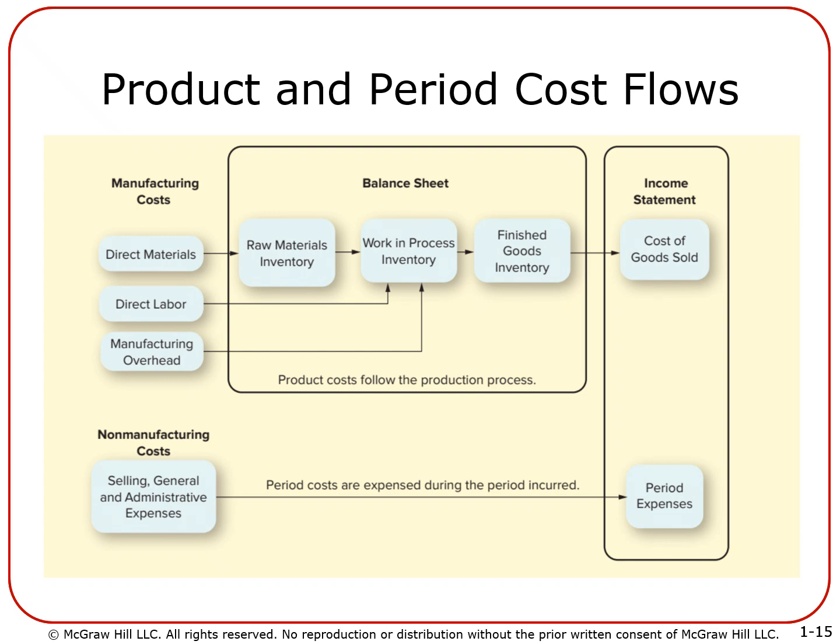So I hope it's clear to you what is a product cost and a period cost. Just to recap, product costs are direct material, direct labor, and manufacturing overhead, in other words, manufacturing costs. To determine the cost of goods sold, we basically look at this product cost. Period costs are our non-manufacturing costs, and the reason why we call it period cost is that here we accumulate this cost over a particular period. So the period plays a major role here to determine the period expenses or period costs.